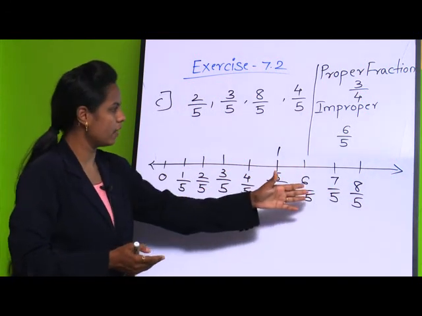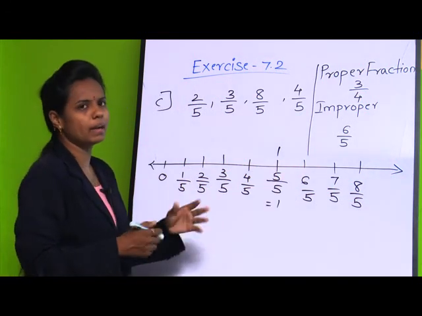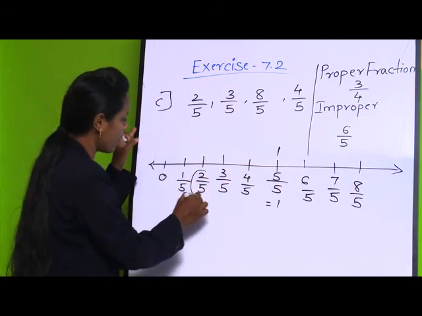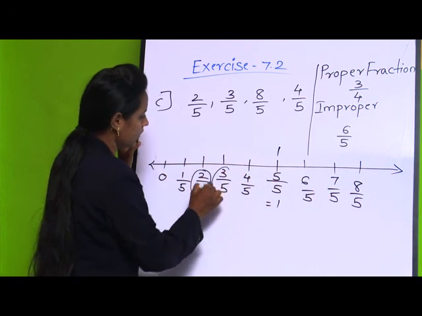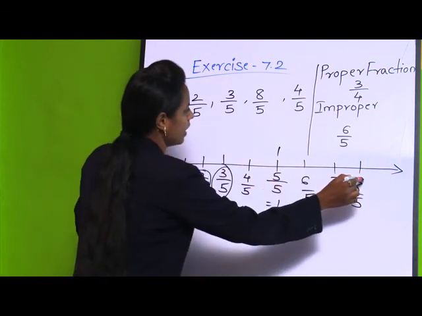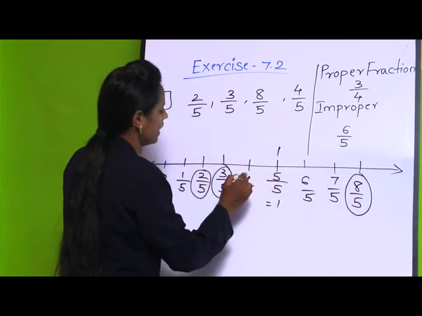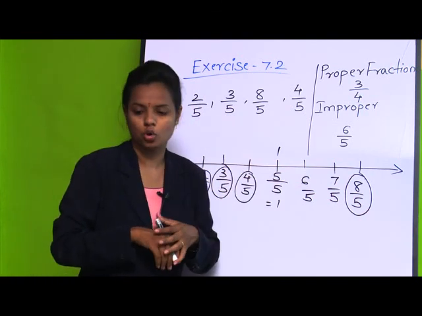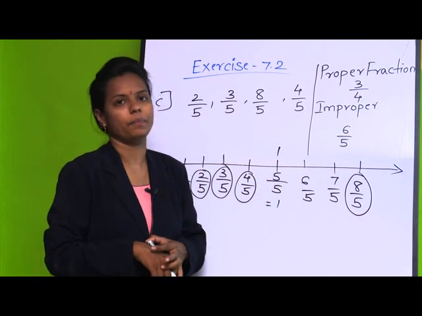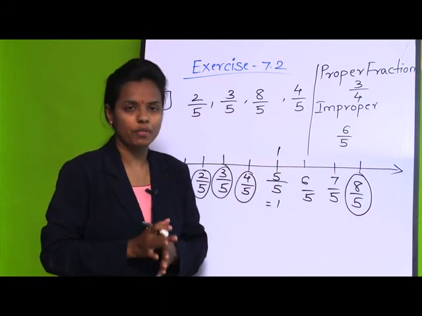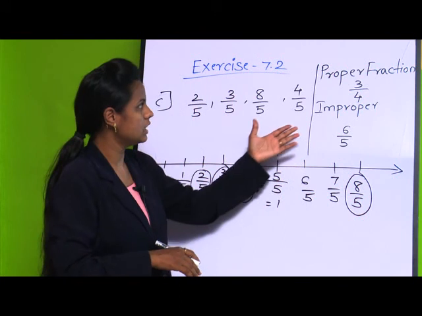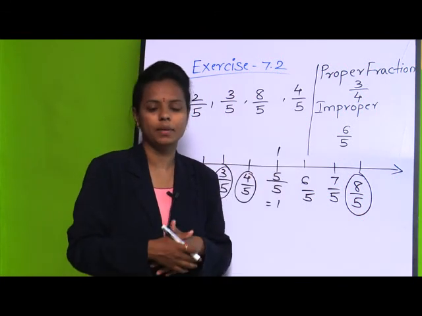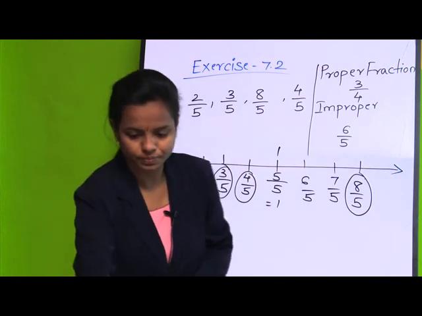Okay. So in this way we have shown the fractions on a number line and we need to point those now. So here we have 2 by 5, then here 3 by 5, then 8 by 5 and here we have 4 by 5. So these are the fractions that we show on the number line. Okay. I hope you have understood. We can see more about proper and improper fraction in the coming part. Okay. Let us see here now.